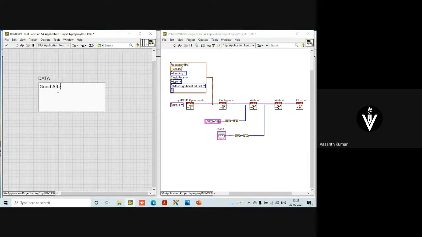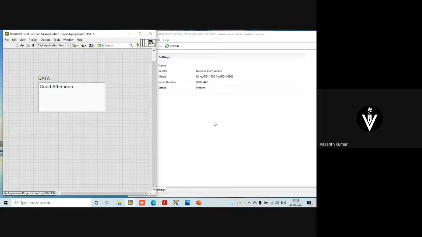Good. Let me check the number of characters. If not, it comes to the next line. 1, 2, 3, 4, 5, 6, 7, 8, 9, 10, 11, 12, 13, 14. 14 characters is fine, because you know that the maximum it can take is 16 characters. So I'll come back here.